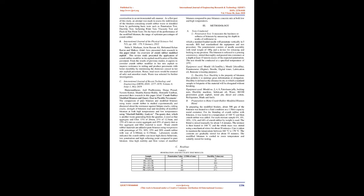On the basis of the performance of the modified bitumen, the range of optimum percentages of crumb rubber was determined. 1. Penetration test. It measures the hardness or softness of bitumen by measuring the depth in tenths of millimeter to